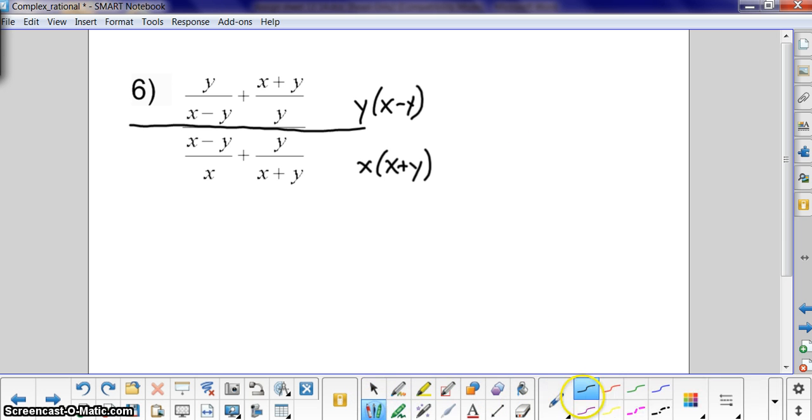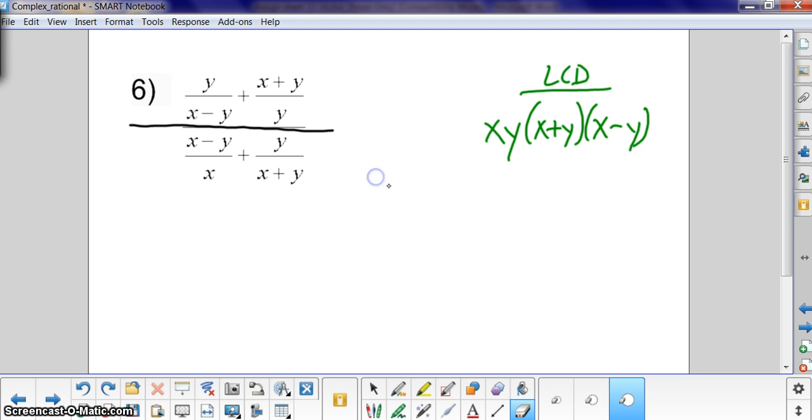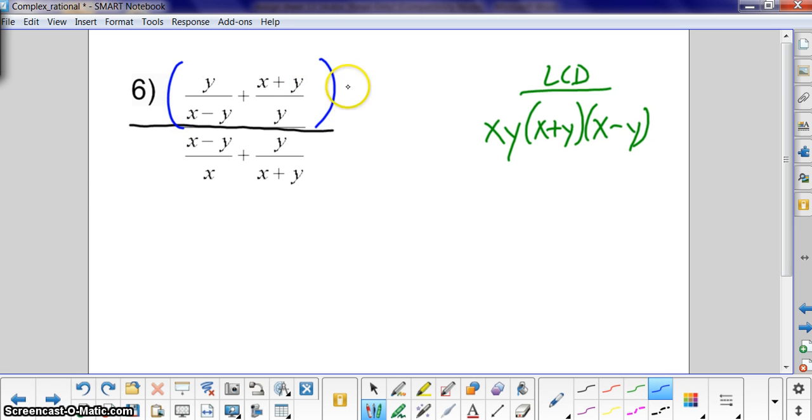Don't know why it's doing that. X, y, x plus y, x minus y. That is going to be my least common denominator this time. So let's see what happens if I multiply my least common denominator by the numerator and then again by the denominator. So this is going to be multiplied by x, y, x plus y, x minus y,